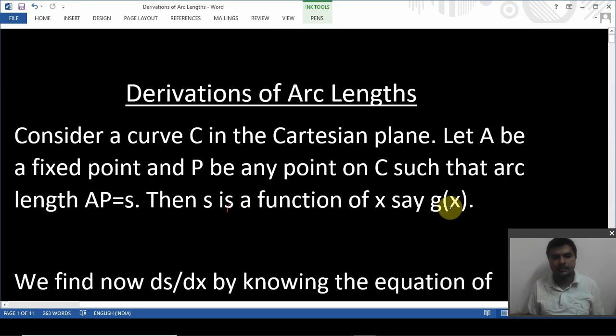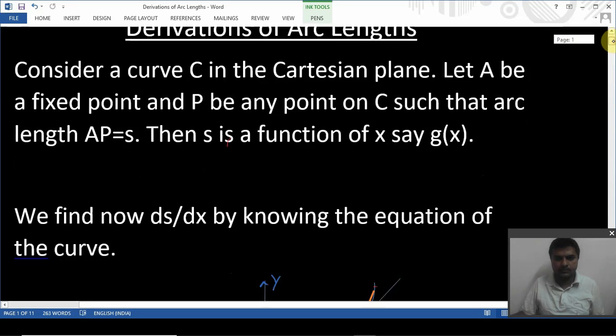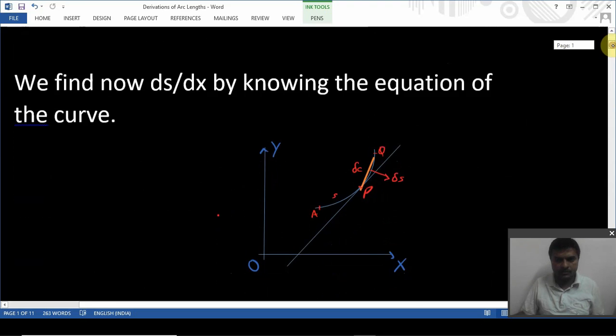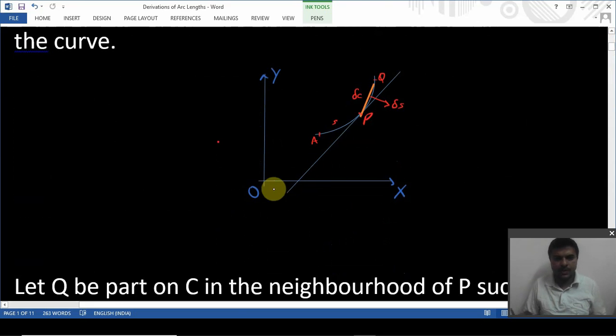So we say S is some function of X. We now find ds upon dx by taking the equation of the curve. Quickly you have to draw this diagram. Take this as x-axis, y-axis, and the curve is there. You can see this point is A and this point is the fixed point P, and this point I'm going to take Q,